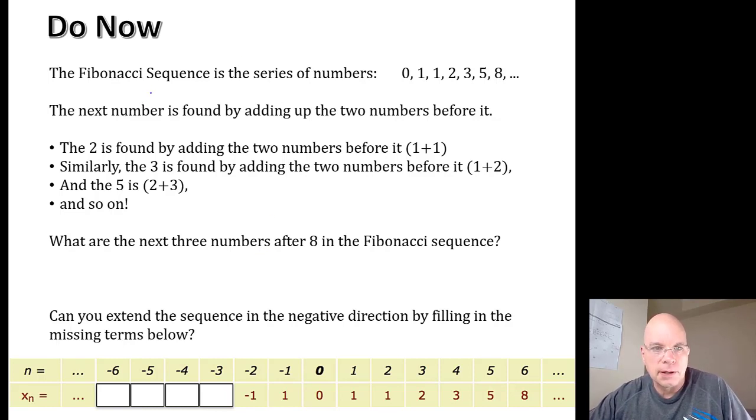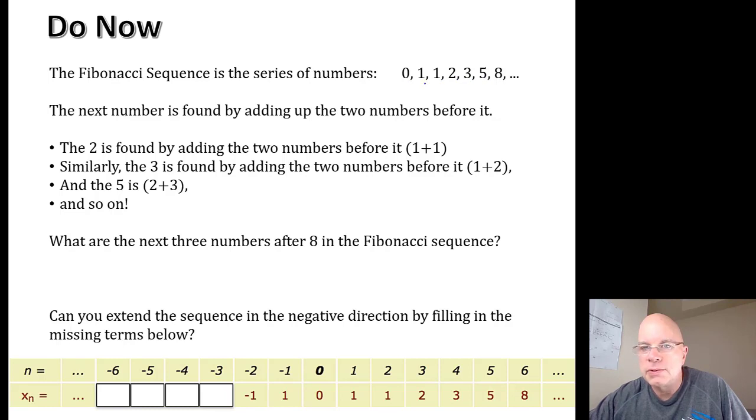It would be a crime to talk about sequences without talking about the Fibonacci sequence. It's an extremely important sequence. You'll understand why in a few minutes. The Fibonacci sequence is the series of numbers starting with 0, then 1, then 1, then 2, then 3, then